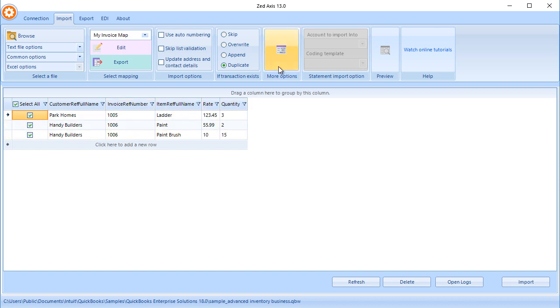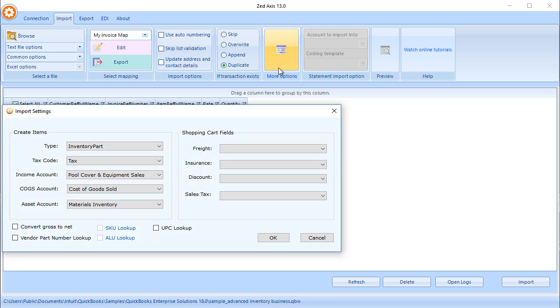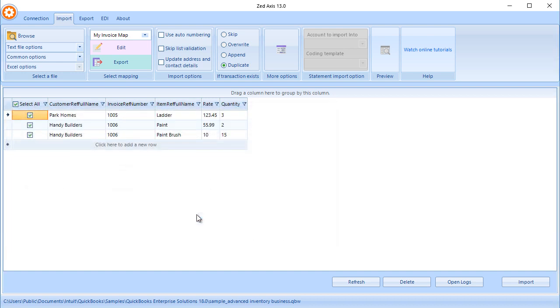So the next step in the process: if Axis needs to create either items or customers, it can do those on the fly. But what Axis needs to know is what type of items it should create if it needs to create them, otherwise it will match with existing ones. So we've set those up here as inventory parts. Click OK. Once that's set, that no longer needs to be set again. Now click on Import,